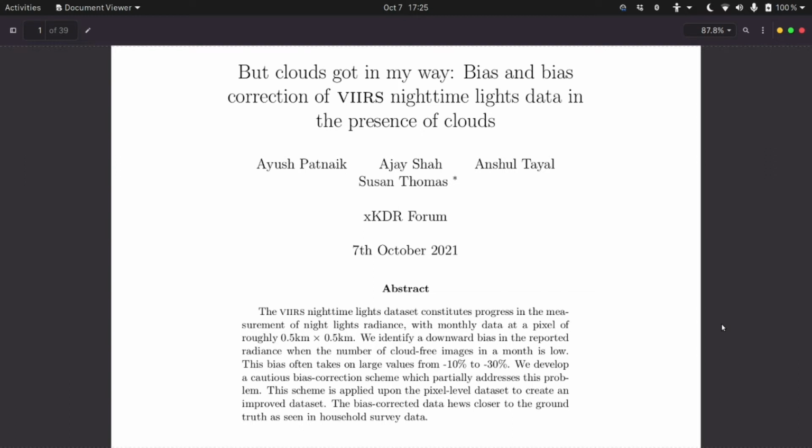We find that in the monthly nighttime lights data that NOAA releases, there is a downwards bias in cloudy months. In the paper, we propose a bias correction scheme to address this problem. We use this scheme to produce a new nighttime lights dataset which improves upon the conventional cleaning process that other